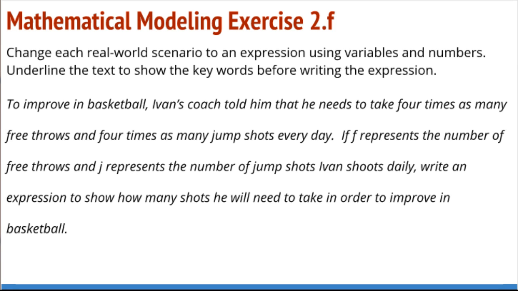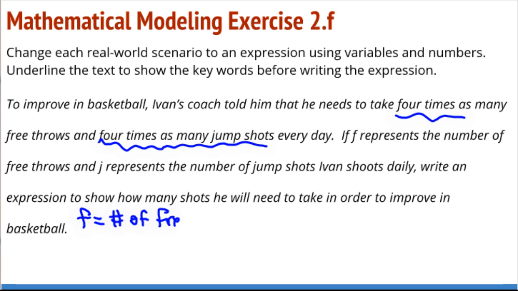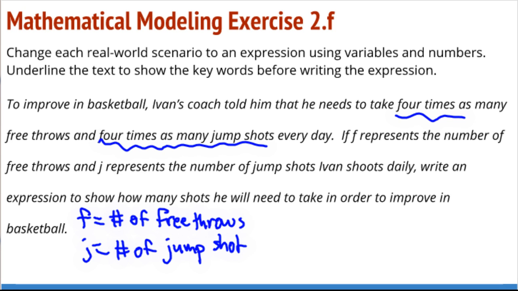All right, to improve in basketball, Ivan's coach told him that he needs to take 4 times as many free throws and 4 times as many jump shots every day. So F is the free throws. F is equal to number of free throws. And J is equal to the number of jump shots. Okay. And I need to write an expression to show how many shots he will need to take in order to